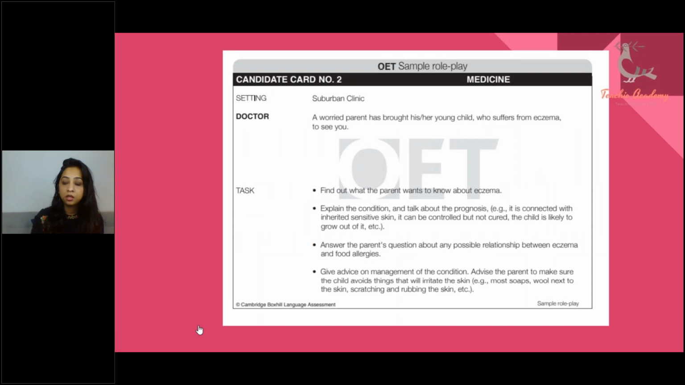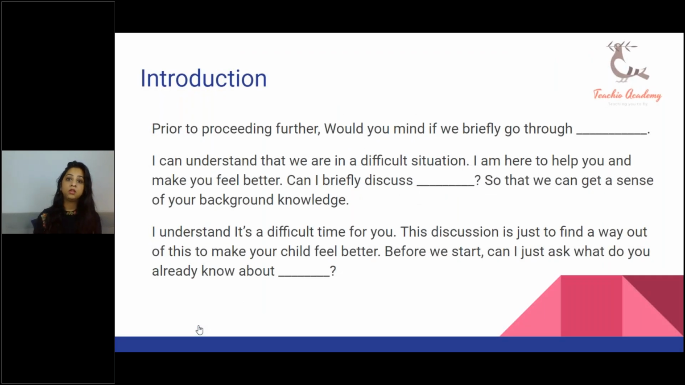Okay. Now, the last point that we covered today is just about when you have to take a history from a patient and then offer them advice. This is one example where you have to find out what the parent already knows about eczema. So if you take a screenshot of this, you can introduce your topic as, because this parent is very, very